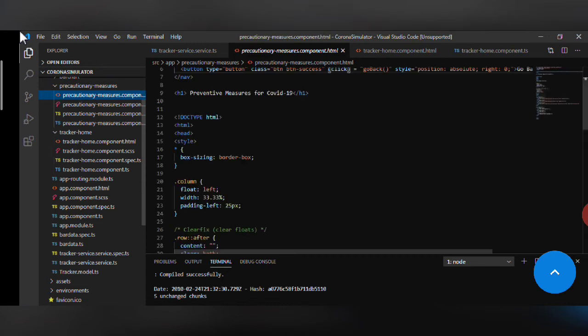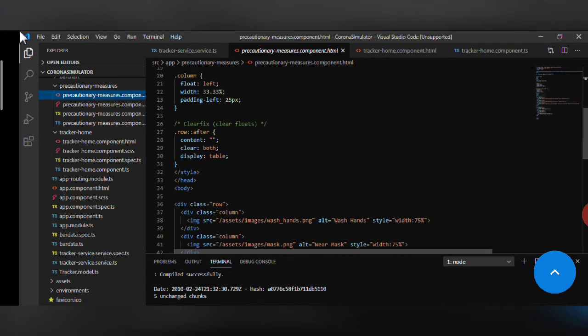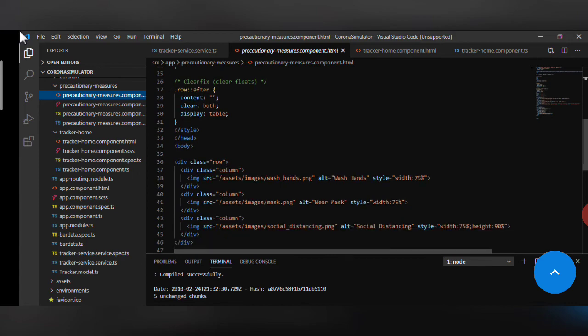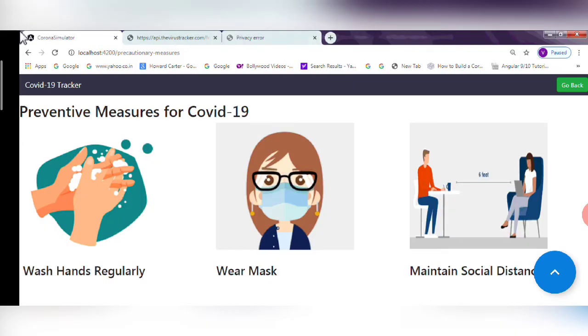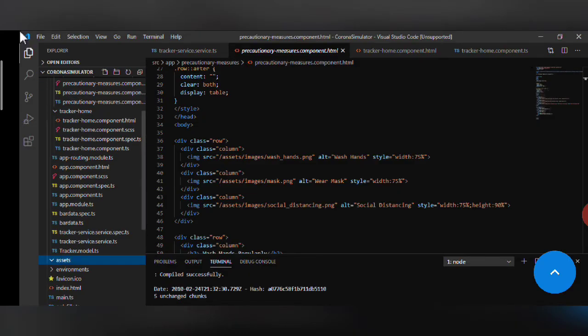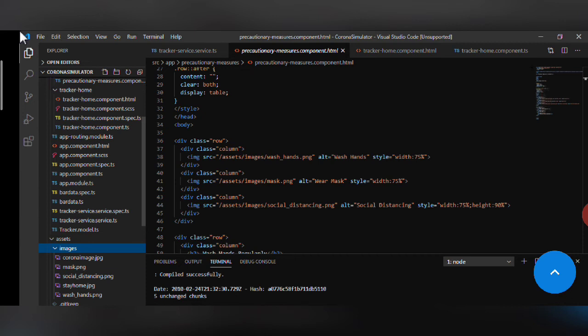Okay, so this is HTML now. I have used CSS here to display the grid view of these images. I have used only 3 types of image. From Google or from your PC, you can directly use the images and import them into the assets folder. It's best practice, if you want to use media in Angular, to create an image folder in the assets folder, and in this import all the images which you want to display in your application.